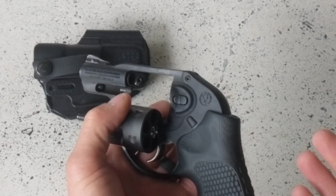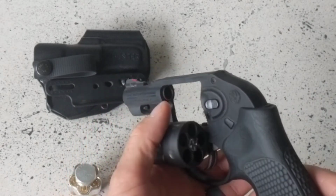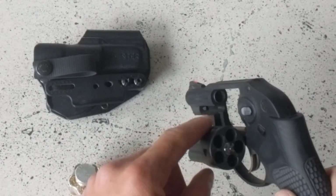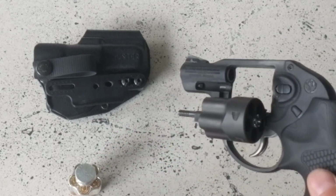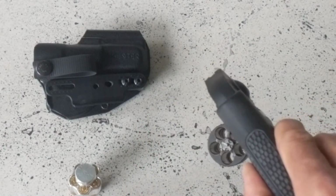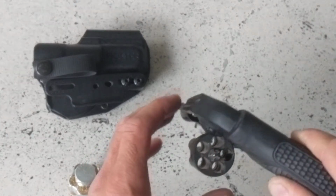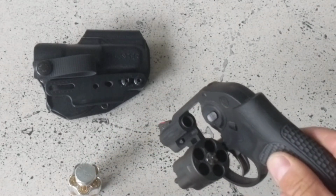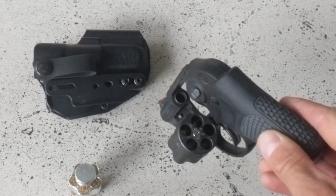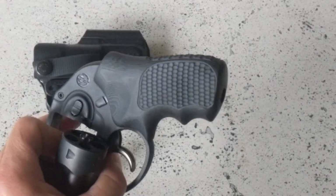Out of the 50 rounds I fired doing testing on this, I only had one cartridge one time that did not fully eject, using a good proper overhand case ejection technique. So that's something there. I did have the occasional hang-ups with the rubber grips and did not have that with this. So yeah, anyway, this will work if any of you guys were thinking about doing this, but maybe didn't want to throw out the